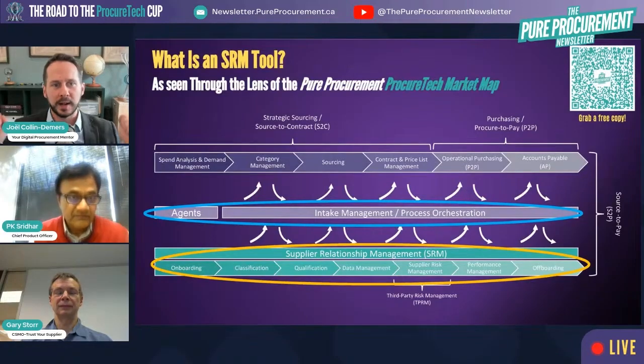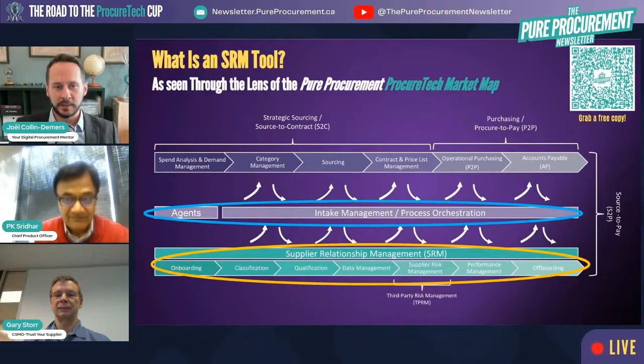Let's start off just by level setting, right? So what is a supplier relationship management tool? I'm going to give it my view, and then Gary, I'll let you chime in, right, with nuances that you see. So I always prepare or present it in this Procure Tech market map that I've come up with, where